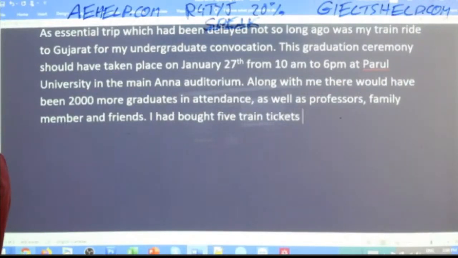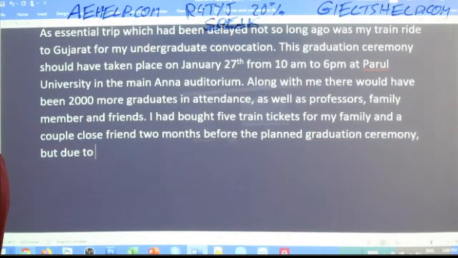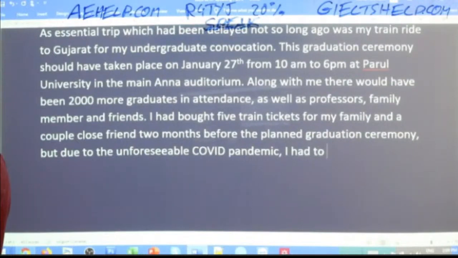5 train tickets for my family and a couple close friends 2 months before the planned graduation ceremony, but due to the unexpected or unforeseeable COVID pandemic, I had to cancel this trip as I